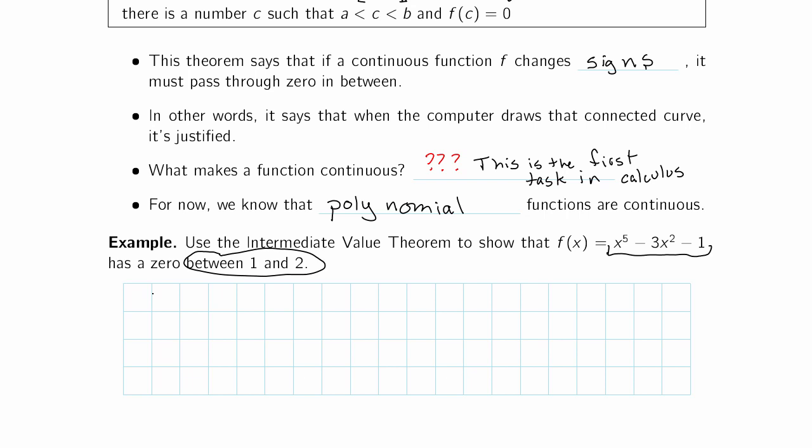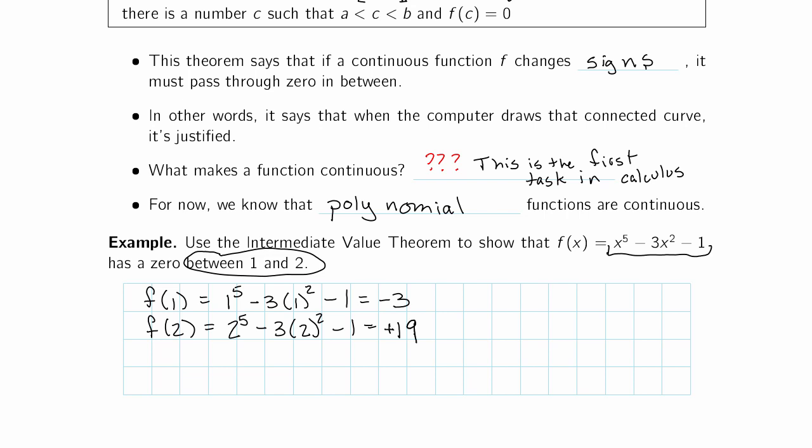And to show that, we're just going to take, well, f of 1, that's 1 to the 5th, minus 3 times 1 squared, minus 1, is negative 3. F of 2 is 2 to the 5th, minus 3 times 2 squared, minus 1. That's a job for a calculator. That's positive 19. And I'm writing in the plus sign there just to emphasize that this is positive,